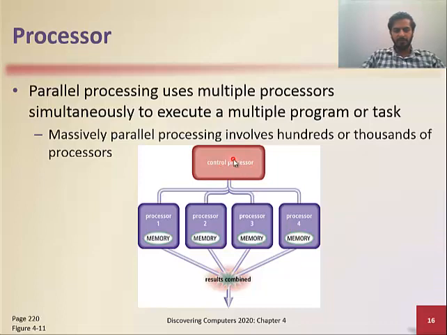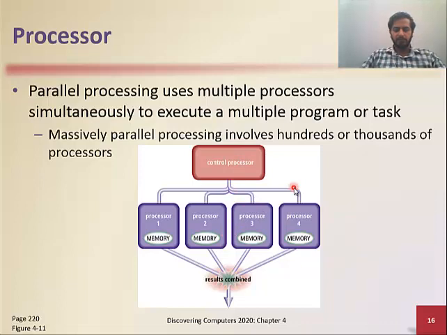So that is called a parallel processing operation. You have one processor controlling the remaining processors, and at the end combining the results together to produce the output. So that is called parallel processing, and most of the time this technique is used in a